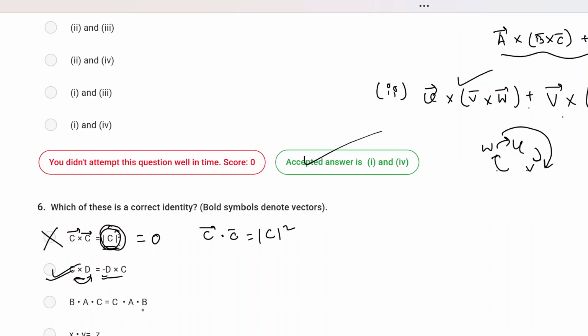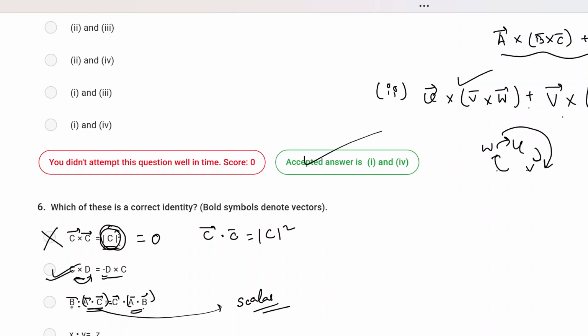dot A dot B. Whether this is a correct identity or not. First of all, if you look at it, there are two dot products with three vectors, right? If you compartmentalize them, say you first take the dot product of A and C, and similarly on the right hand side you take the first dot product of A and B and leave the other vector behind, you see that a two vector dot product is a scalar quantity, right? Two vector dot product will always give you a scalar. But then how come you have a dot product of a scalar and a vector?